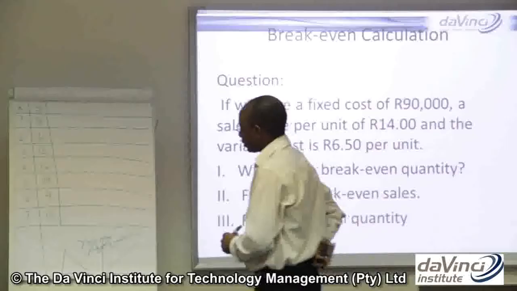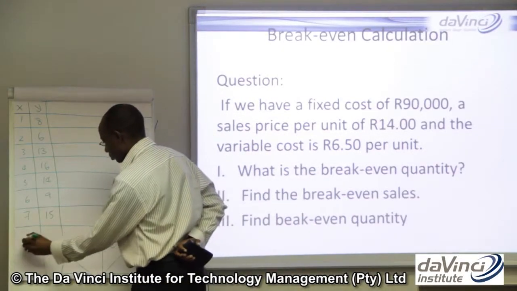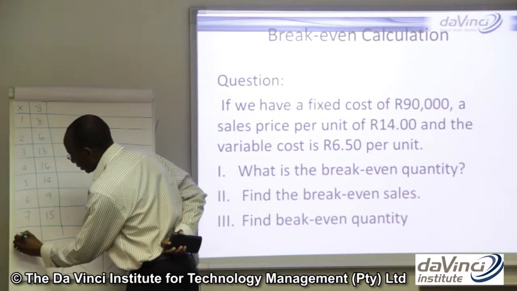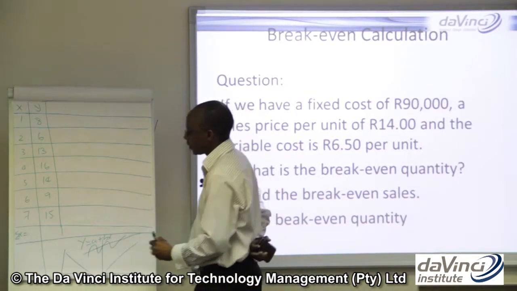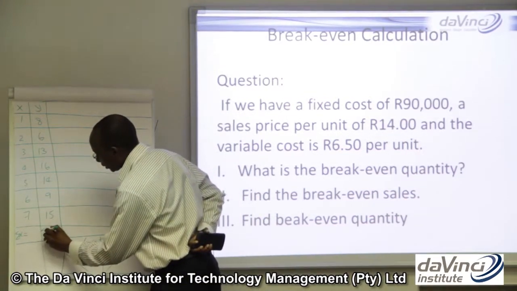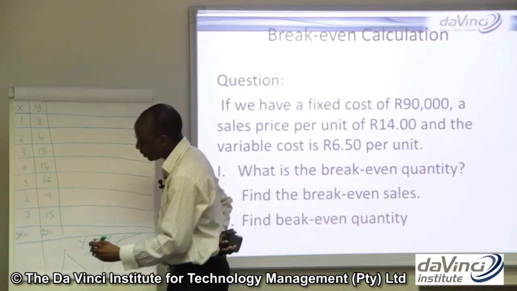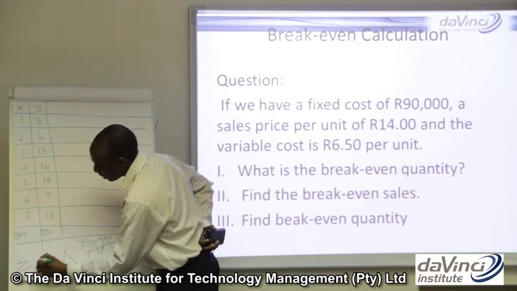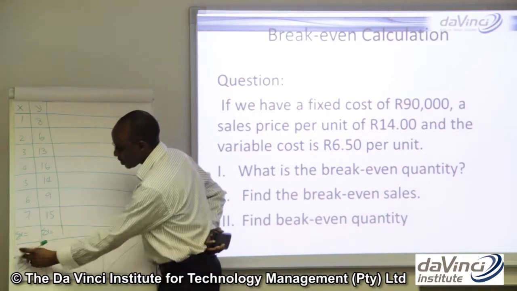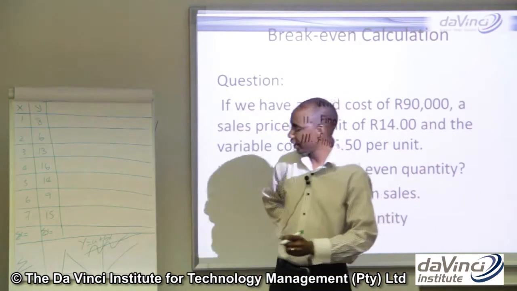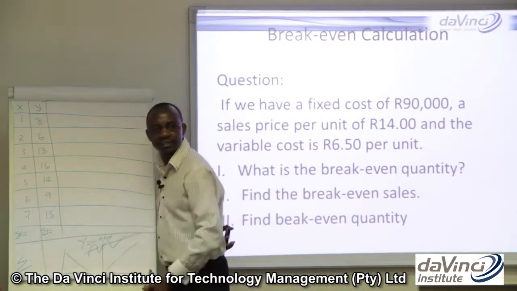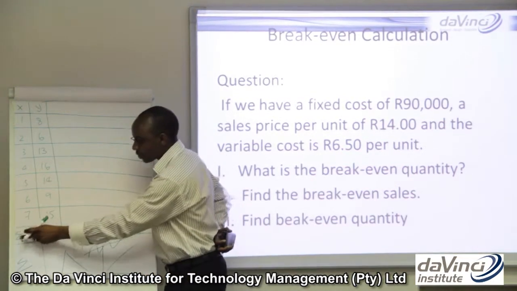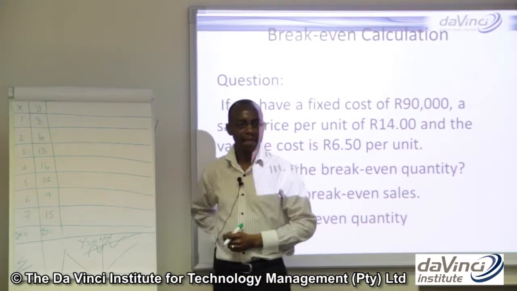So we'll need to find the total of x. What is the total of x? What is the total of y? Now the total of y statistically will be represented by the sigma notation. This says the total. And what are we totaling? We are totaling x. And what is x? X are these numbers. So this says what is the total of x, what is the total of y.